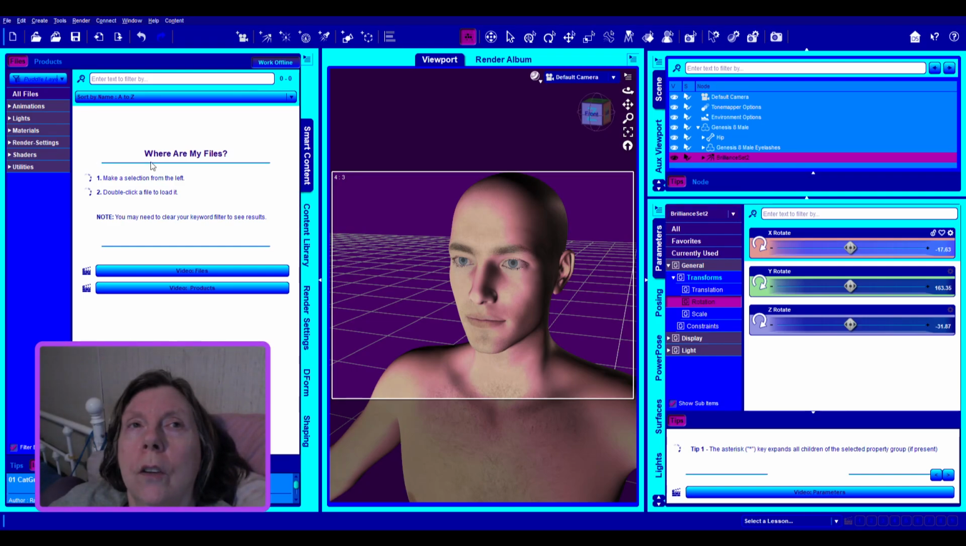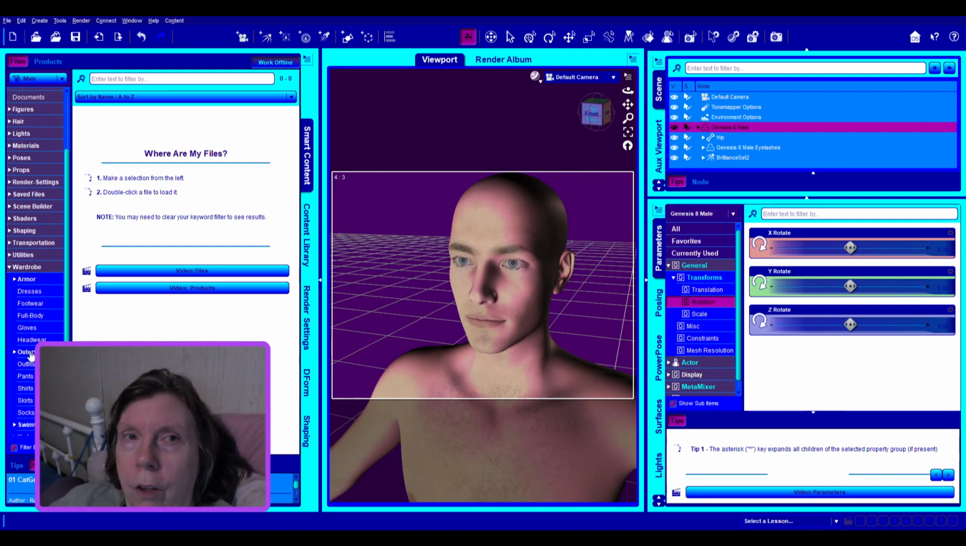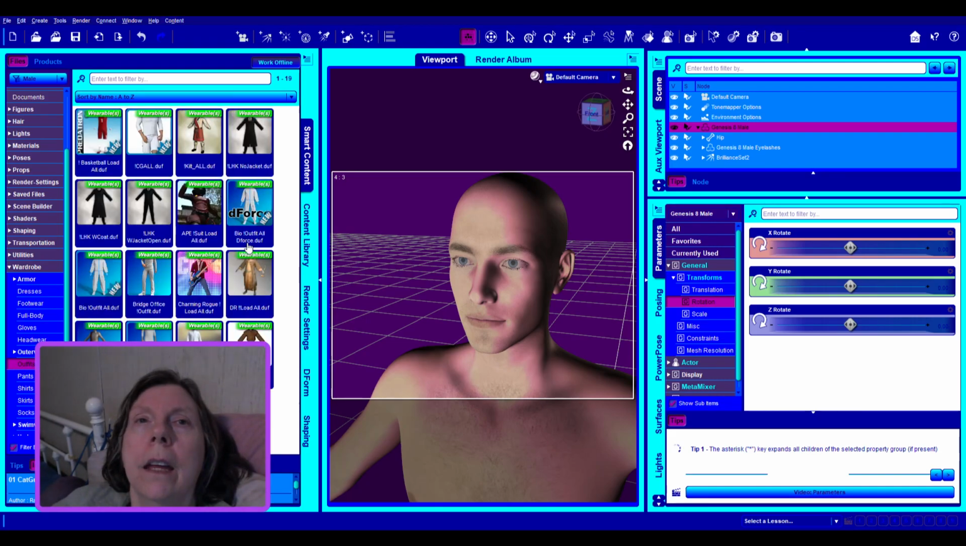So I'm going to go to my other stuff. I'm going to put it back on Genesis 8 male so that I can see my choices for wardrobe. And I'm going to go for the peasant outfit. So I'm going to look for outfits. There is a, for my Elshars,